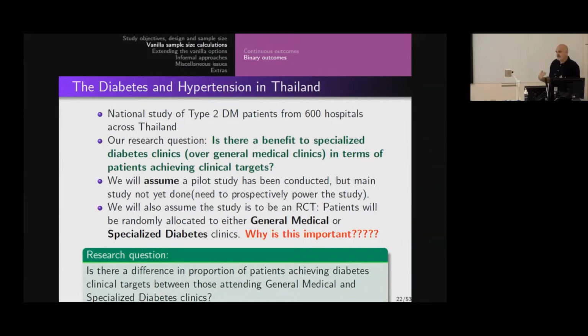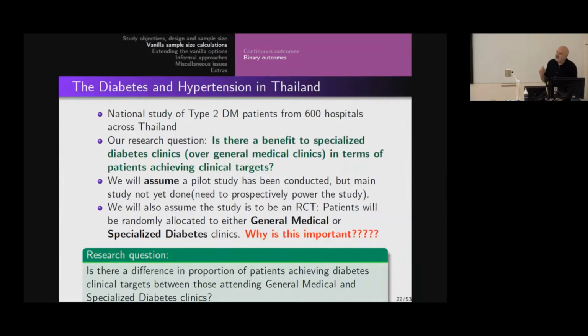As opposed to an observational study where, for example, we might compare public hospitals and private hospitals. Well, in private hospitals, people are richer, more affluent, whatever. So is it the private hospital or is it the fact that they're all rich that is responsible for the differences? So there's confounding and all sorts of issues like that.